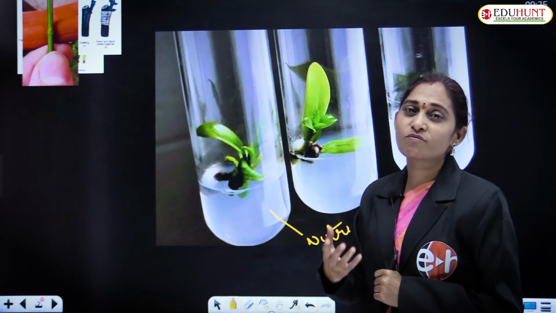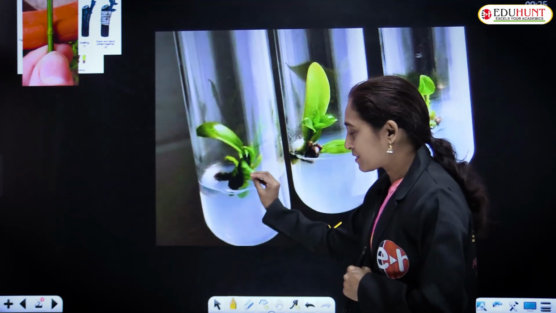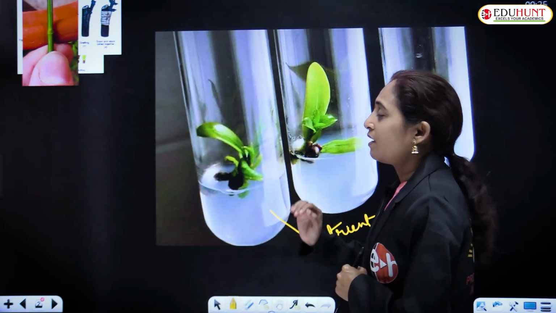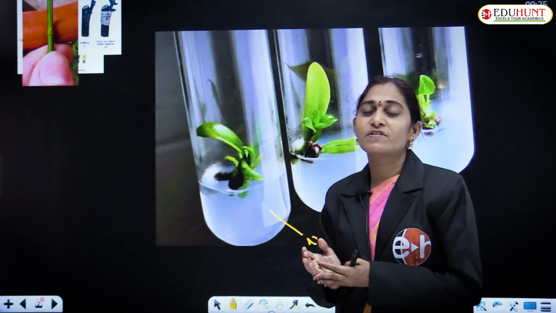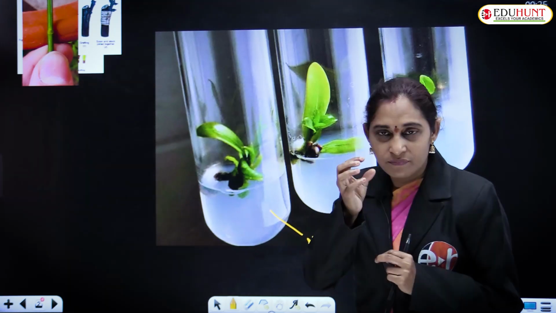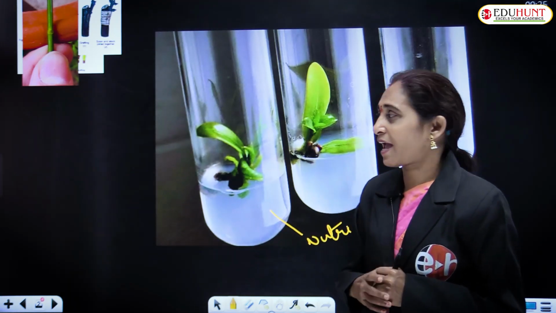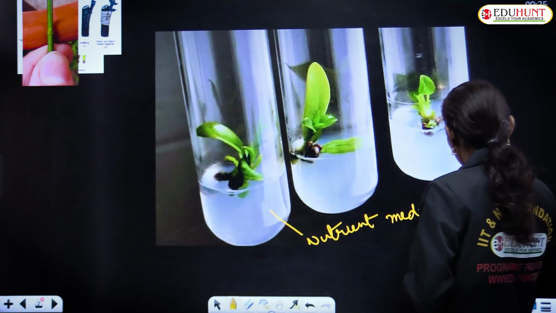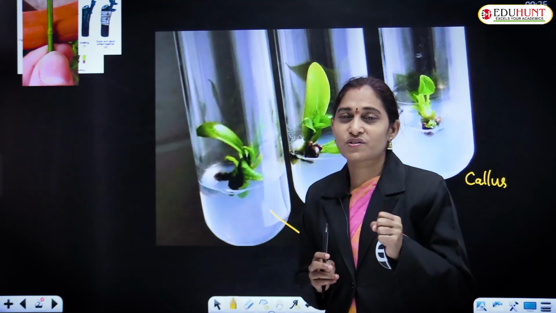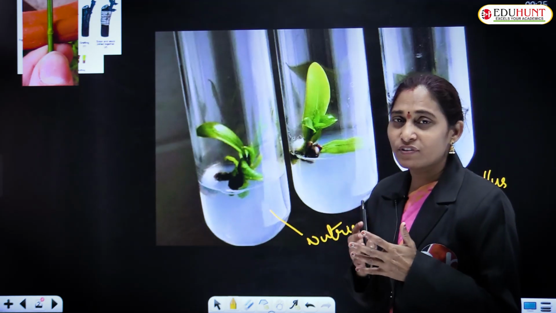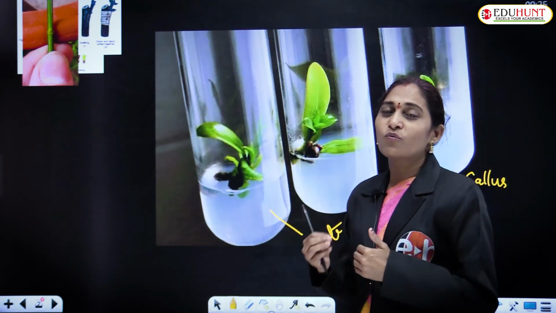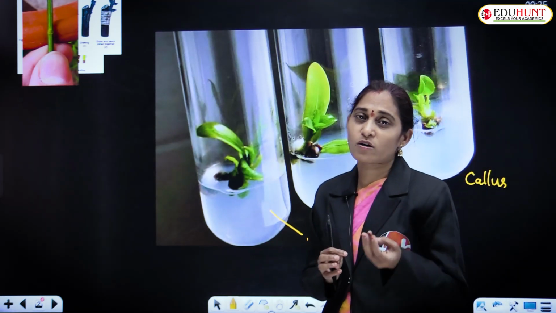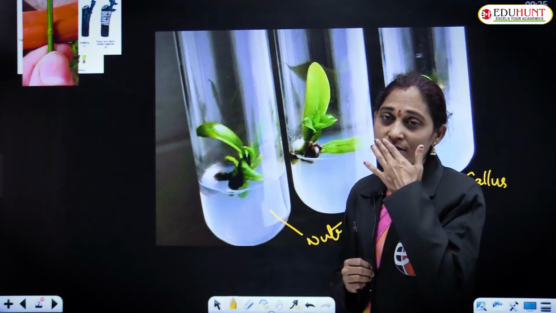We dissolve salts in water and we place that cell or tissue in this nutrient medium. Then after some time the cell undergoes cell division, giving rise to a small mass of cells known as callus. An undifferentiated mass of cells is known as callus, and after a few weeks, the callus, with the help of phytohormones like auxins and cytokinins,